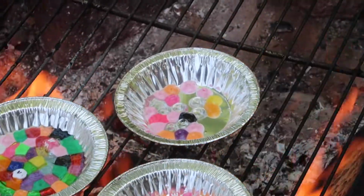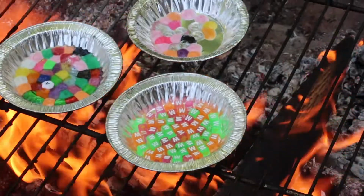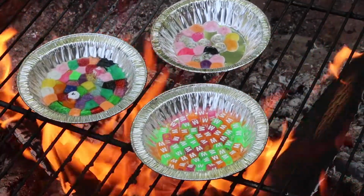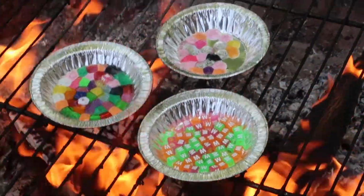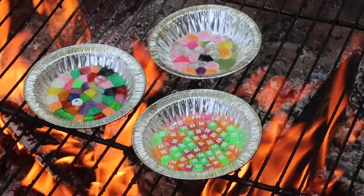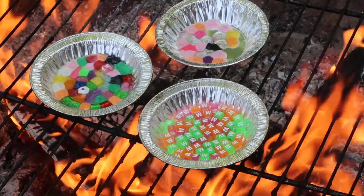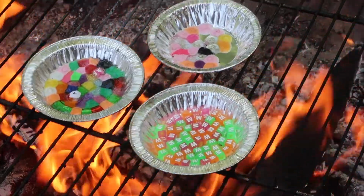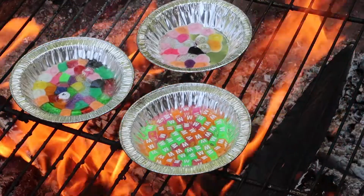And these ones over here are melting down. These ones still are a little bit slower to melt. So that's good to know. We're just trying to get an idea of how fast this process is, but it's definitely been more like 12 to 15 minutes than the 5 minutes that the video we watched was saying. And you definitely have to keep things level because you can see that back one,